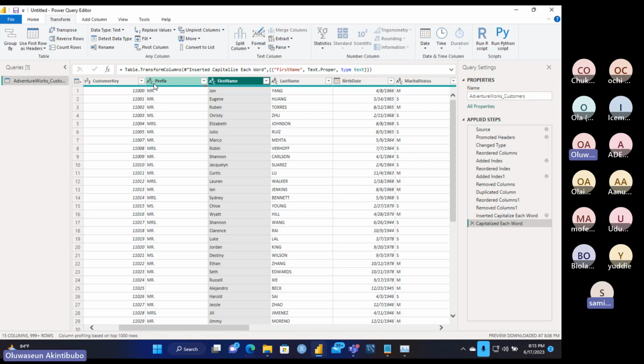Remember what I said? Add an index column, then transform the first name column from uppercase to lowercase. Then the index column that you created, move it to the beginning of the table.